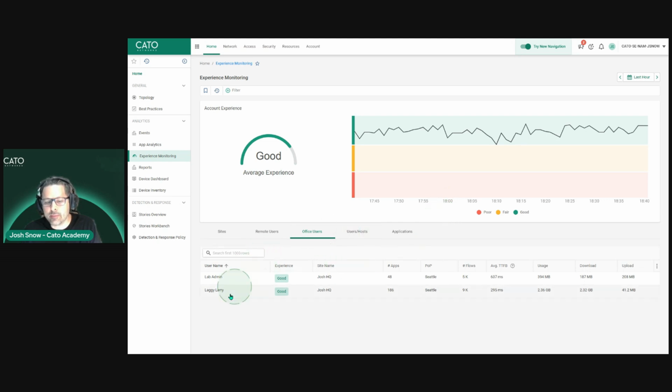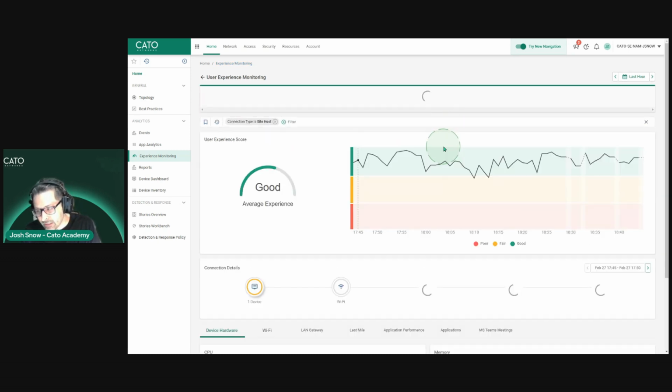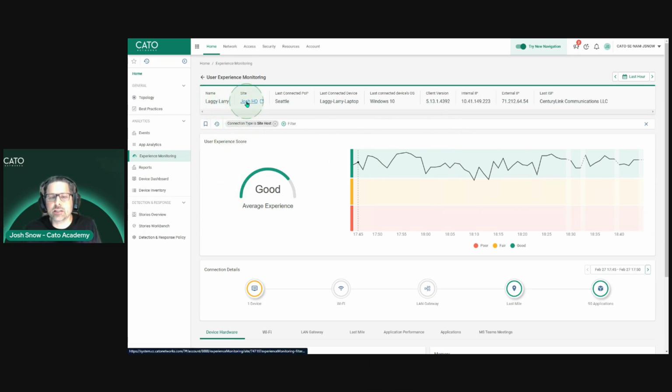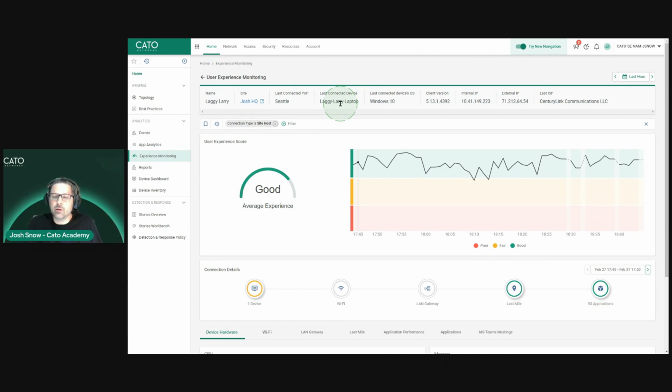So I can see office users, and here I have my two office users. Laggy Larry is the one I want to take a look at because he's the one that opened the trouble ticket. Let's take a deeper look at what's going on. Now I have the same user experience monitoring connection details as I did as a remote user. But notice something different up here. It says Josh's HQ. So now Laggy Larry has gone to the office at Josh's headquarters, and I can still see it's the same laptop. Whether you're remote or in an office, you still get the same digital experience monitoring scores and details